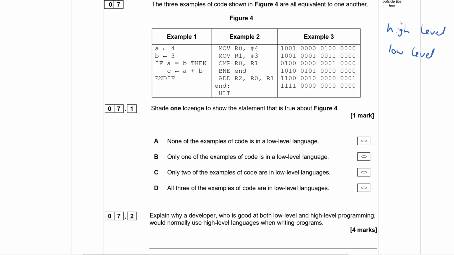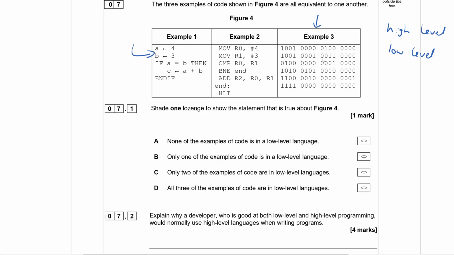In fact, you could argue a high-level language is easier than a low-level one. It's about the abstraction. How much simplification is there between what you're doing on the screen versus what's going on within the computer. Something like machine code, which is example 3, is as close as you're going to get to what the computer's doing, because 1 is something being on, 0 is something being off. Whereas say Python code, which this is pseudocode but similar enough, is high level because it's not really what the computer's doing. It has to get